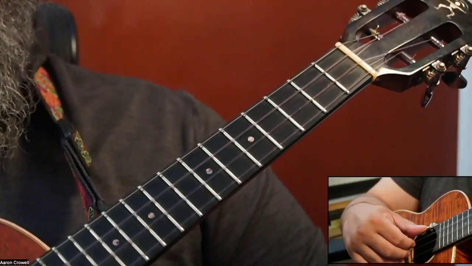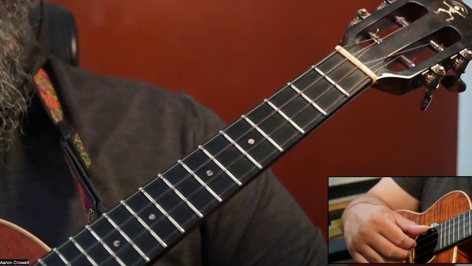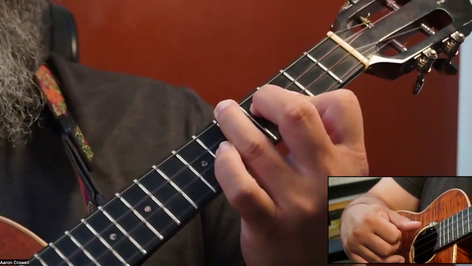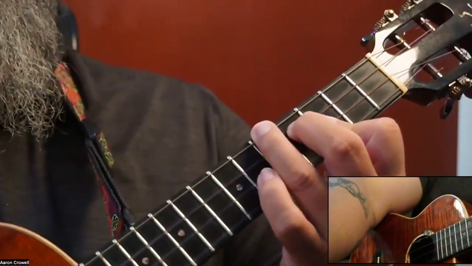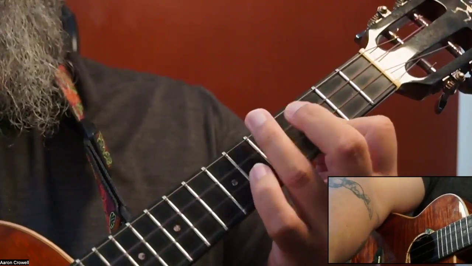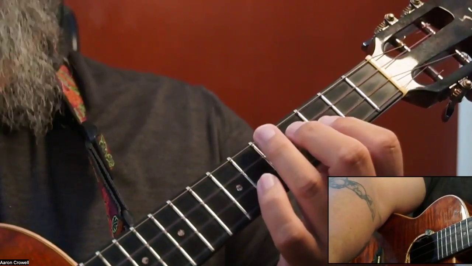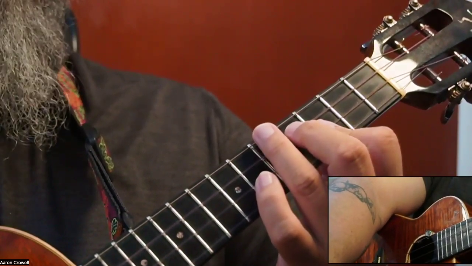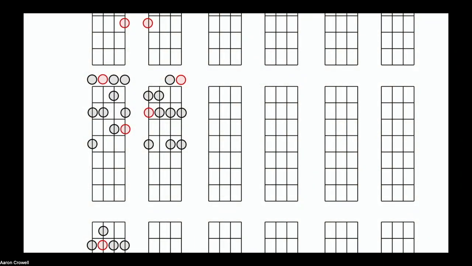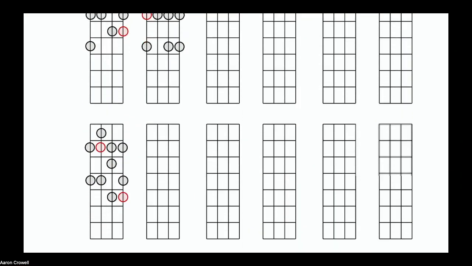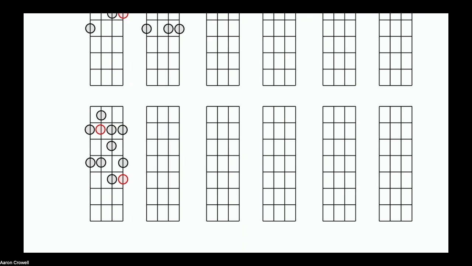But we can move this. We have a movable shape as well. So we moved this picture over here up to the 3rd fret, right? And that's how we're gonna do our movable shape. And then we can see it from here. So on the 3rd fret, if I did this,